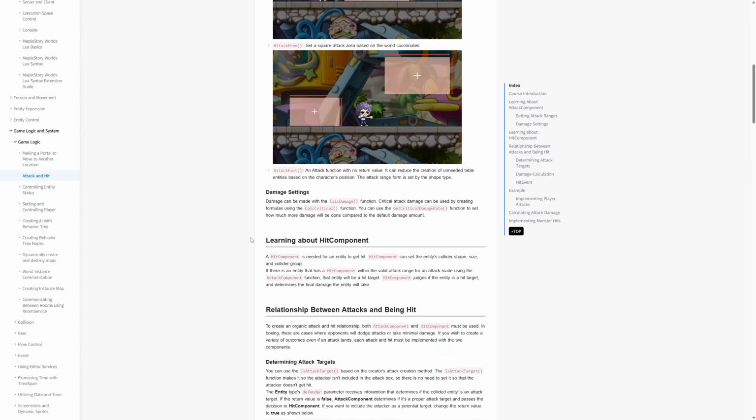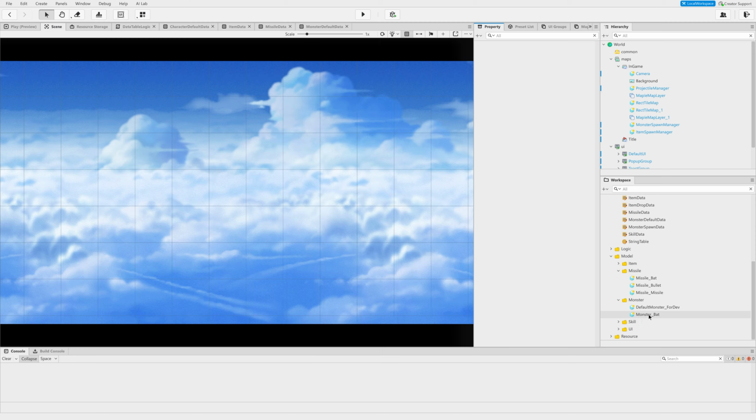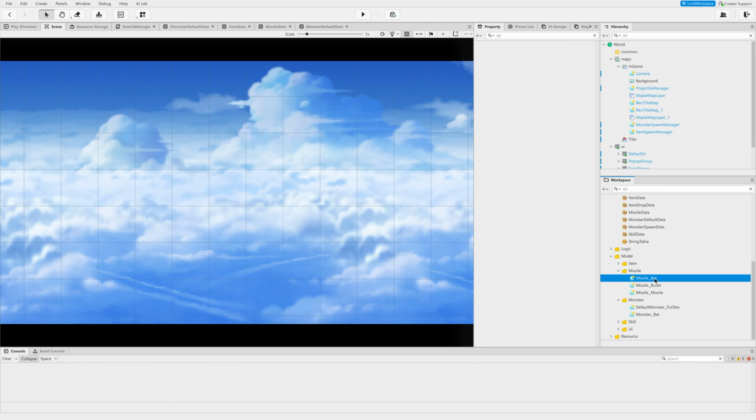So I mentioned that generally there's an attack component that creates an attack shape where the hit component can listen in on damages. So the attack component will create the attack shape. The trigger component will detect the range for the damage, and the hit component will send the event and detect the damage. In our case though, if we go into our missiles here and we go into the missile bat,